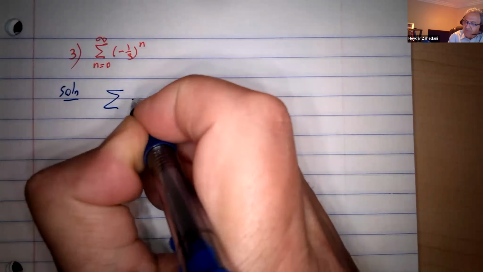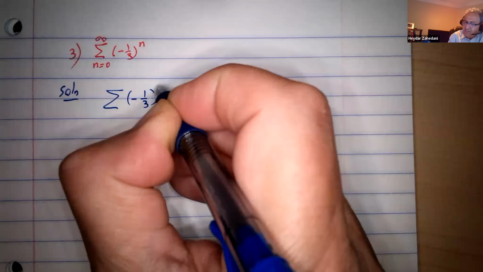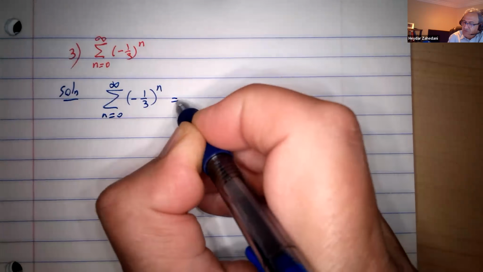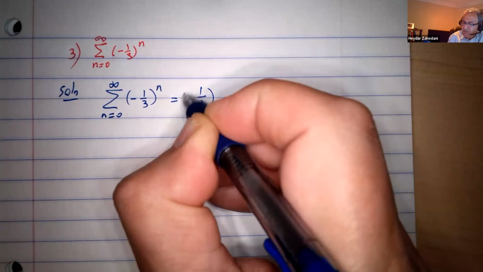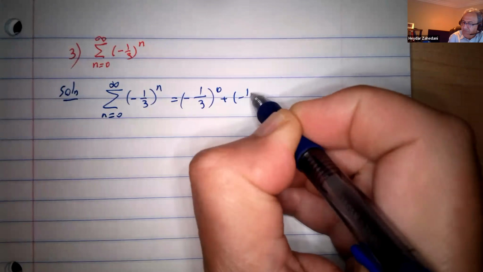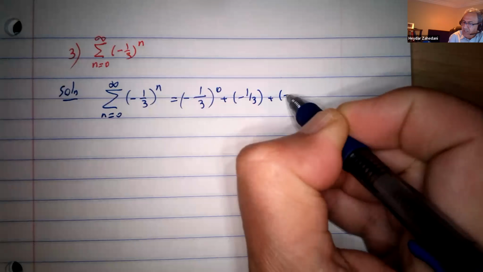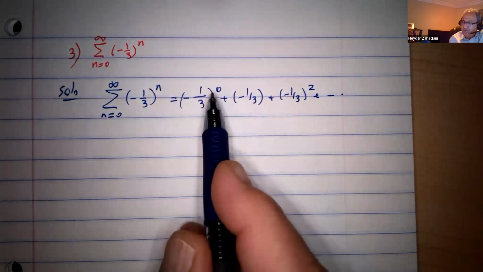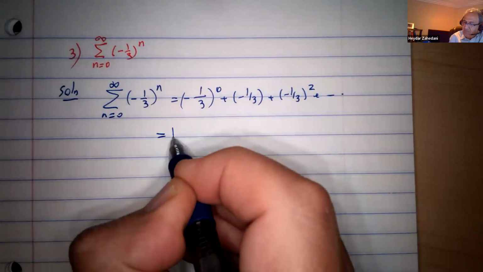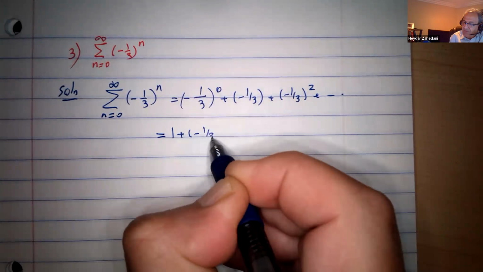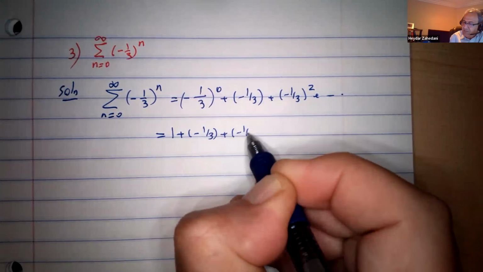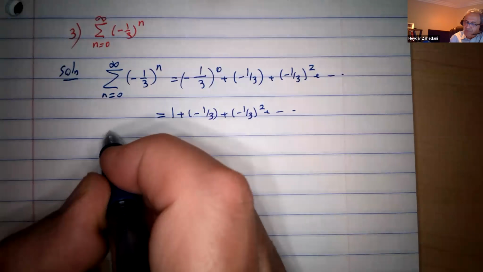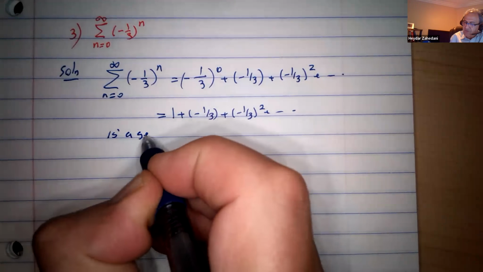So the sigma of negative 1/3, they start with a 0. So you start with the 0 too. So it's going to be negative 1/3 to the 0, negative 1/3, negative 1/3 squared, etc. But negative 1/3 to the 0 is 1. So that gives me 1 plus negative 1/3, negative 1/3 squared, etc. So as you can see, it's a geometric series